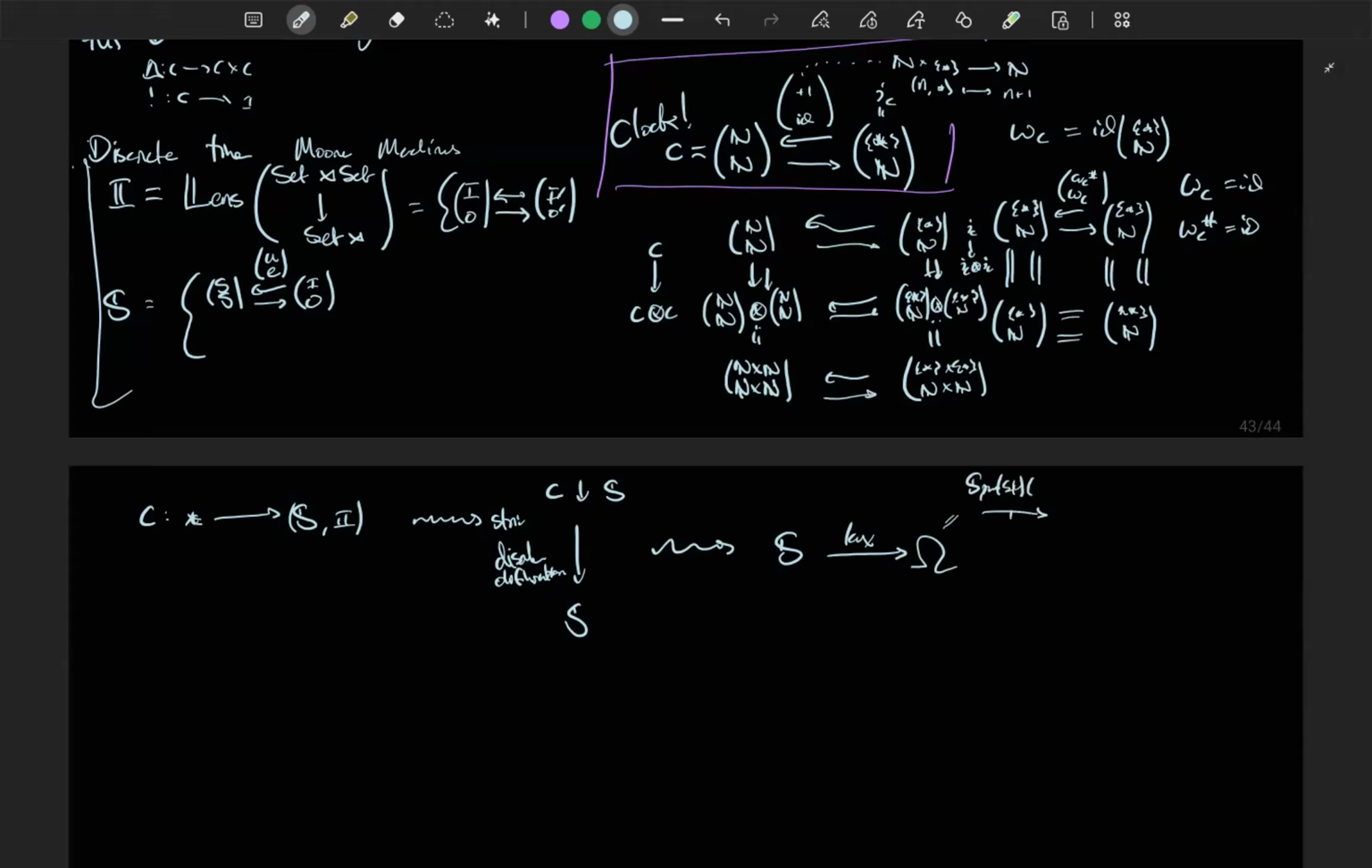Span set 1 dash acted upon by span set. Okay. So, I will call this SC dash because we'll compute it right now. What does this do? It takes an S in here, and it sends it to the set of all pairs